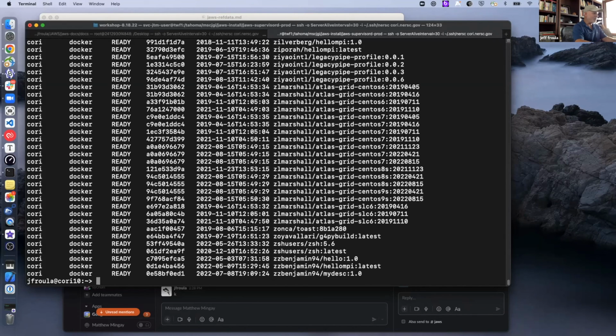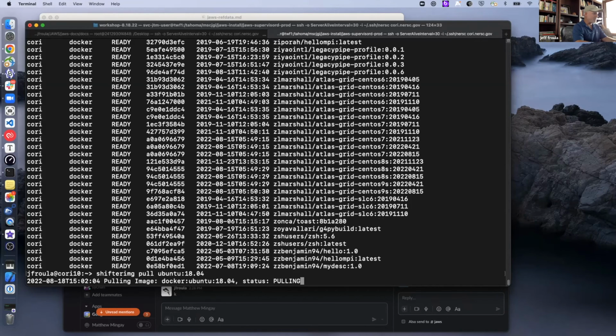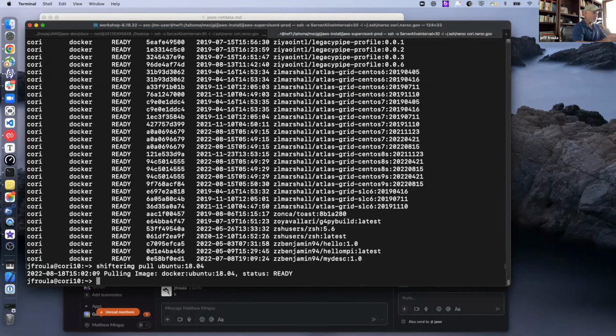But what's happening when you do a Shifter pull, and let's try, I'm sure this has already been pulled, but this is how you would pull one of your images. You do this, and it's actually going by default to Docker Hub, and it's putting it into the NERSC or Cori registry, which is the local version of Docker Hub. So that's what you're seeing in here, the local version, but it doesn't matter to you, practically speaking. You just use Shifter just like you would with Docker. So for instance, if I wanted to run that image,